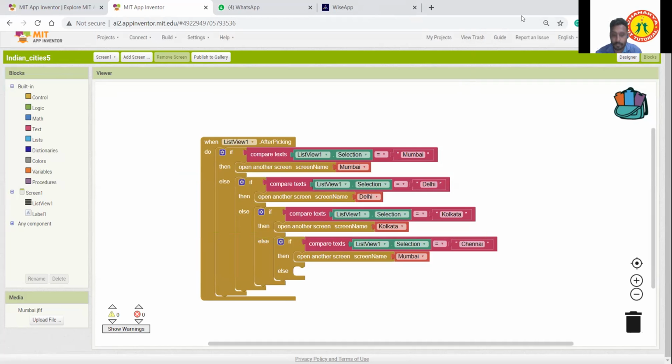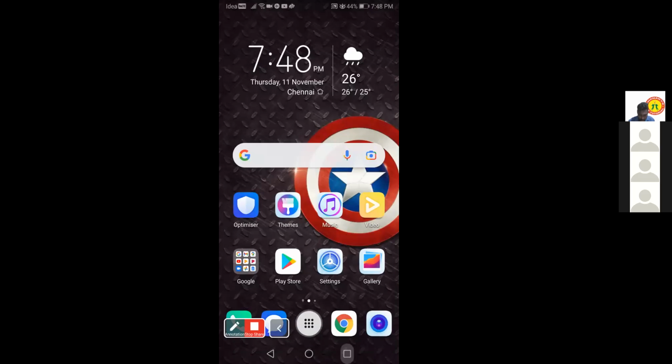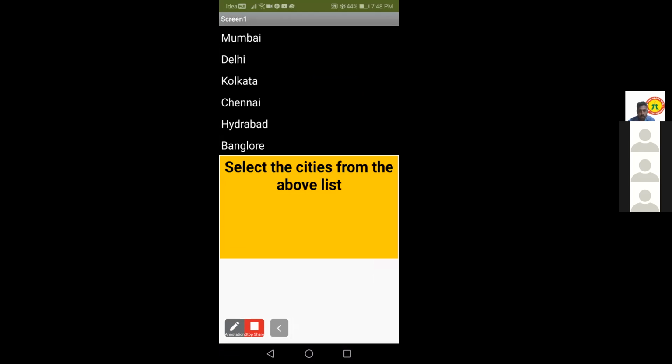Sir, can you click on Mumbai and show it to us? Yeah, one minute. So I have opened it on my phone. I'm just clicking Mumbai.